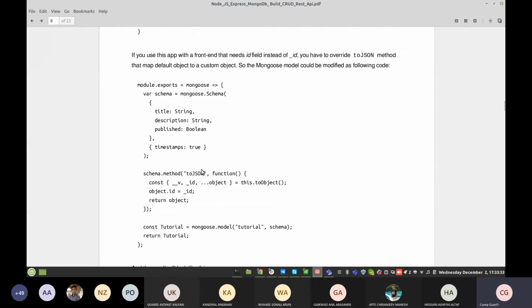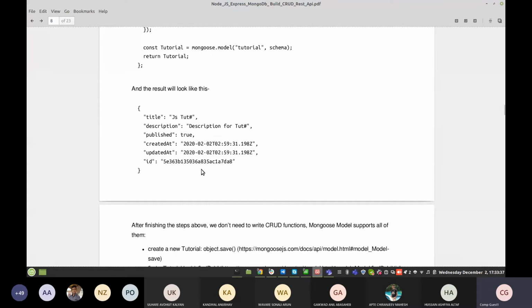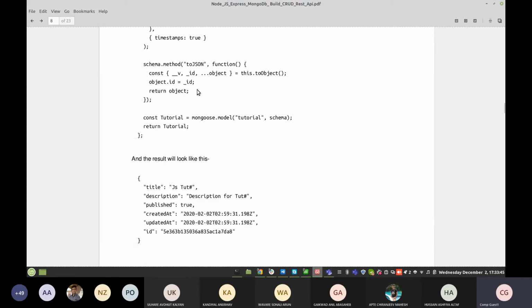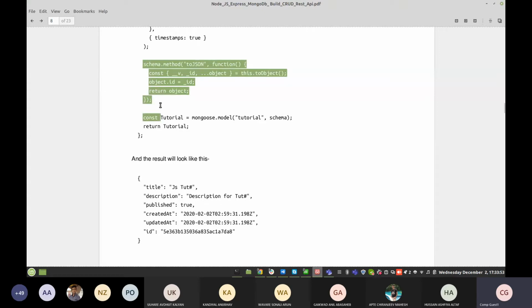Whatever the object id is, we map it directly to id and return id. So we can override those keys, and decide what keys we can exclude through the object and what is returned. We can add this so no one can expose our actual data modules through the UI whenever they are used.